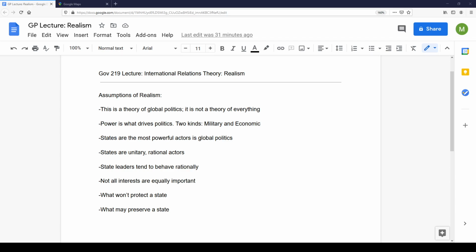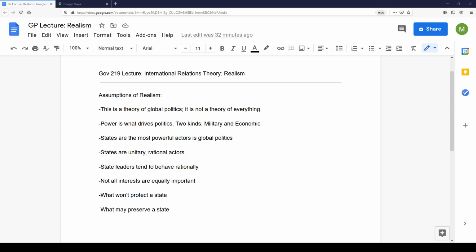So we are off here with the theory of realism, and as you're going to learn, of course, there are different strands of realism, like there are different strands of liberalism. But I'm starting off by talking about the points that are generally common to all realists. And here they are. The points should speak for themselves, but you need to fill in the blanks with your own notes.